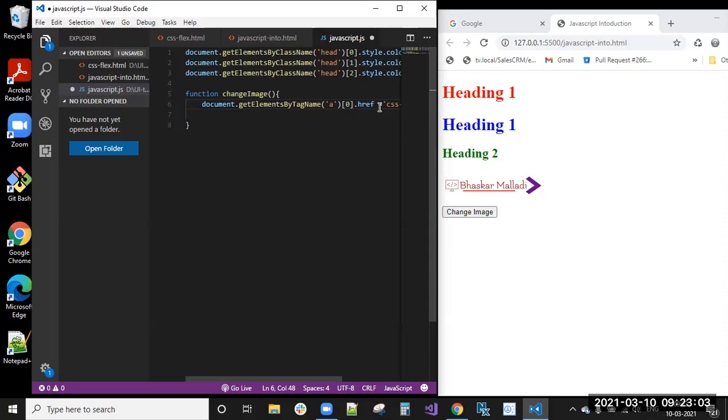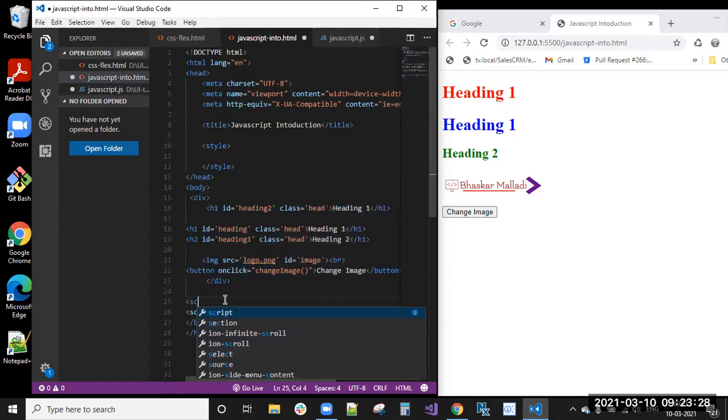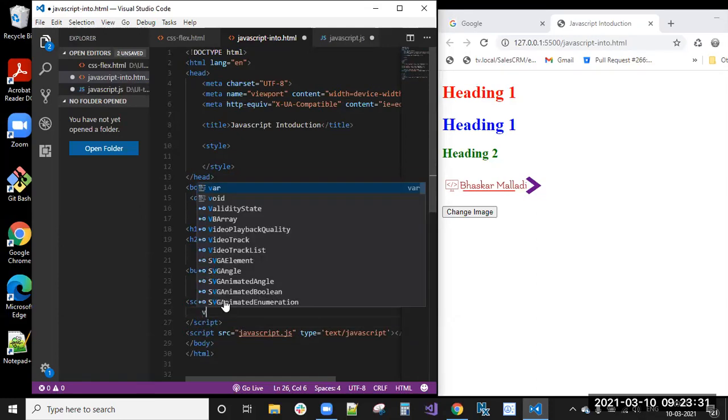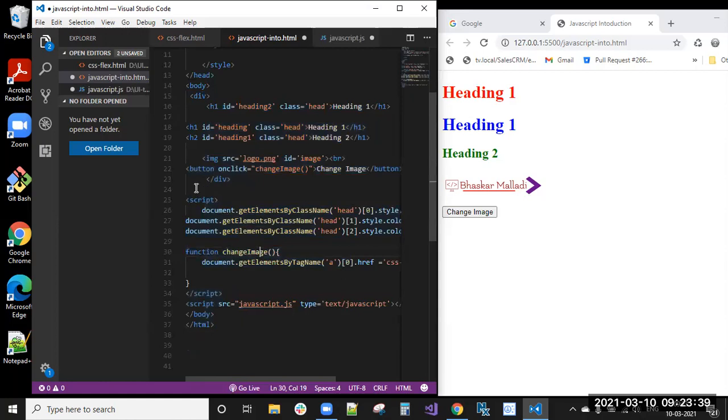So these are the tasks you need to do tomorrow. This is the basic introduction, and try with the inline way, internal way, and external way. But the best way, I'm telling you, is to create a separate JavaScript file and write the JavaScript code there, because you will get confused sometimes. If you keep it inside the HTML, you won't know the difference between JavaScript code and HTML code, and it will look ugly also. So to look and feel good, we keep that in a separate JavaScript file.